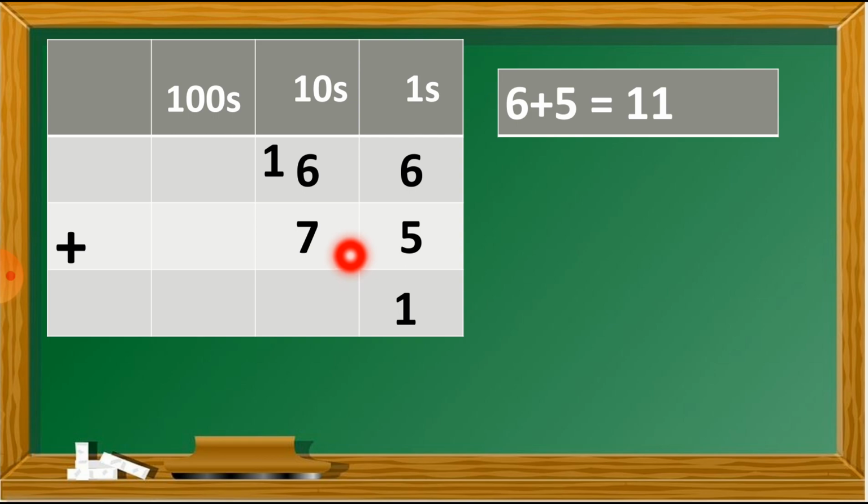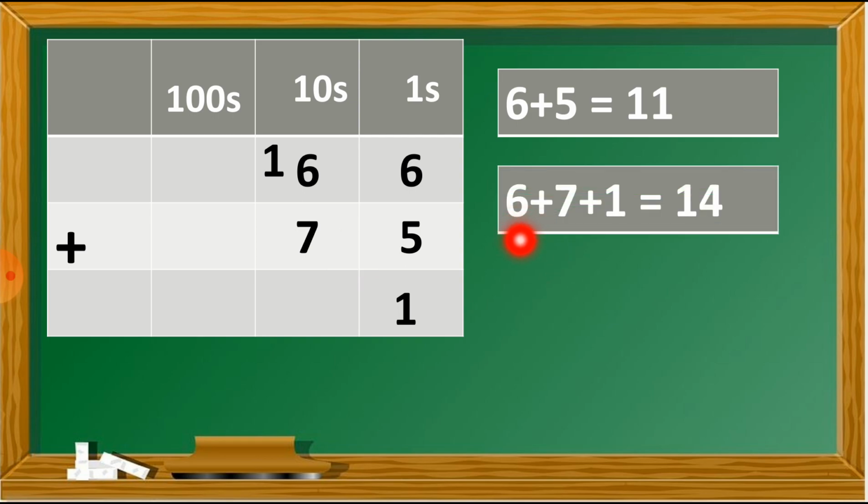Now we have to add the tens column. 1 plus 6 plus 7 this way. So 6 plus 7 plus 1 is equal to 14. So in this 14, the number 4 is at the ones place. So we have to write number 4 under the tens column this way. And the other 1 will move as a carry forwarded number at the hundreds column. This way we can write down the answer. You can see here I put the number 1, which is the carry forwarded number, at the hundreds column, and I write the answer here. You can see number 1 here. So the answer is 141.